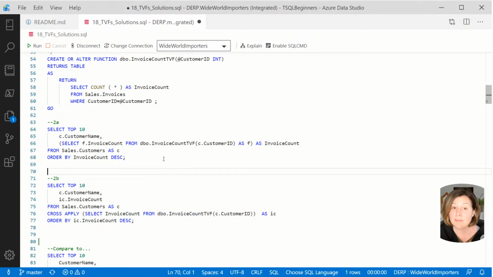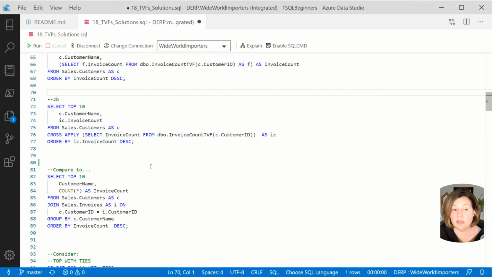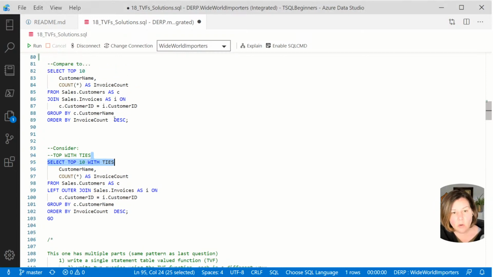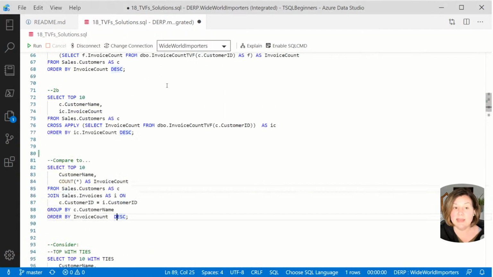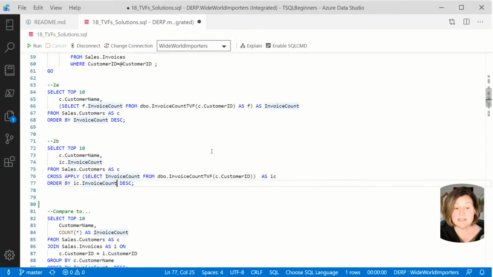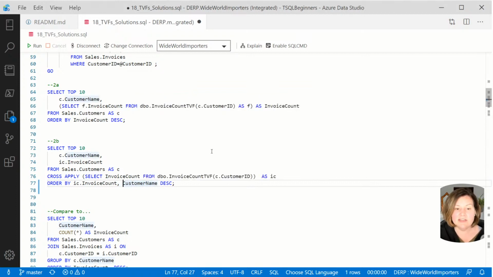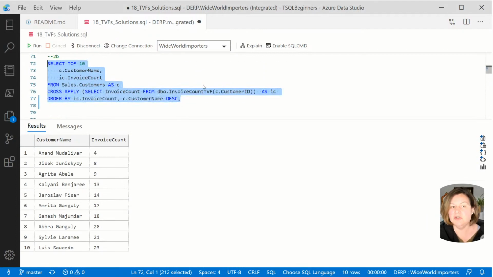So in other words, if we might have ties in a situation, we should probably decide if we want the ties. If we're okay with having more than 10 rows, then we should say WITH TIES. If we only want 10 rows, then we want to specify what the tiebreaker column is. So I could say I want customer name as my tiebreaker column, and then I will have a guaranteed sort order, and I will always get consistent results no matter where sort operators or whatever end up in the